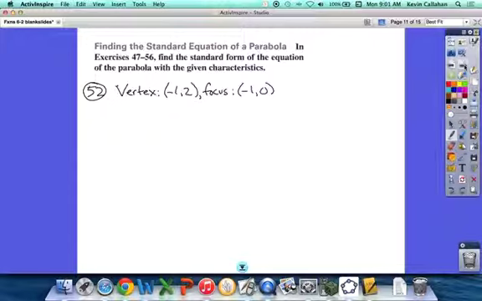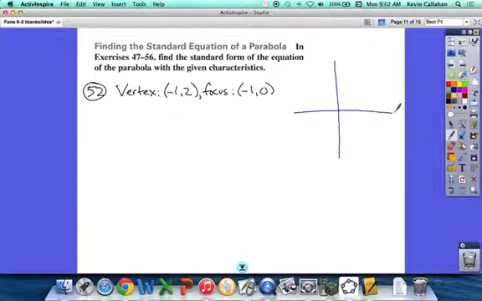Okay, well, there's a problem. Before you start, you kind of need to know which one you're using. Is this the y equals x squared or the x equals y squared? And the way you're going to figure that out is draw a graph. I mean, just plot these on a graph and see whether you could figure out which way it opens. Right? If the vertex